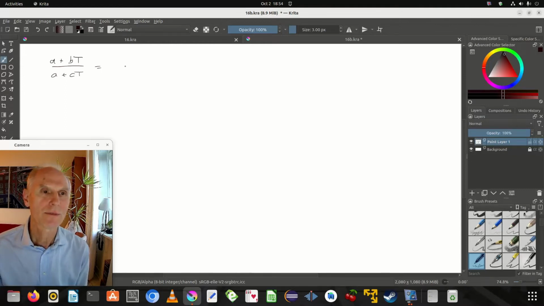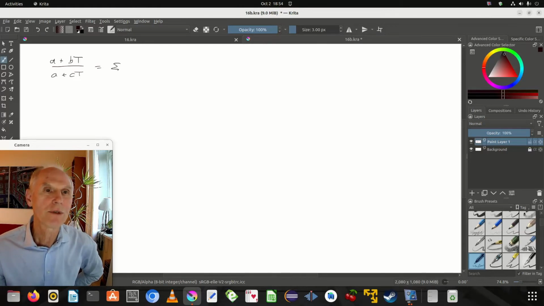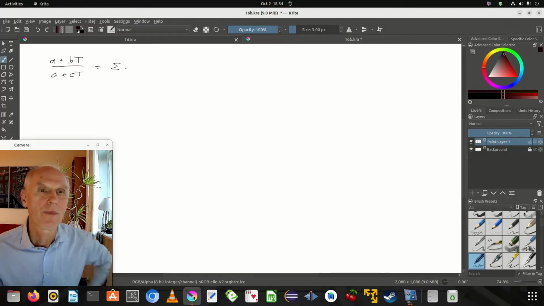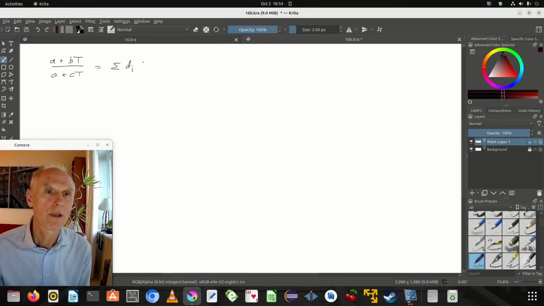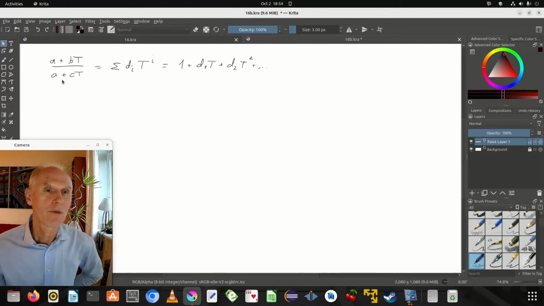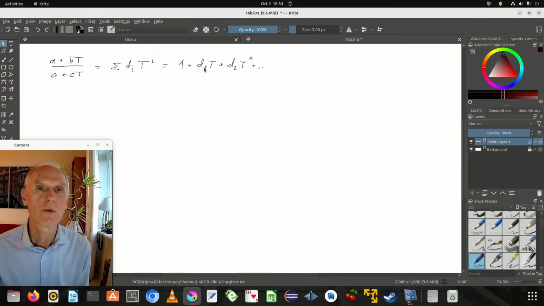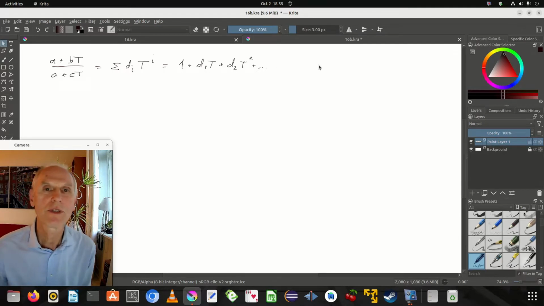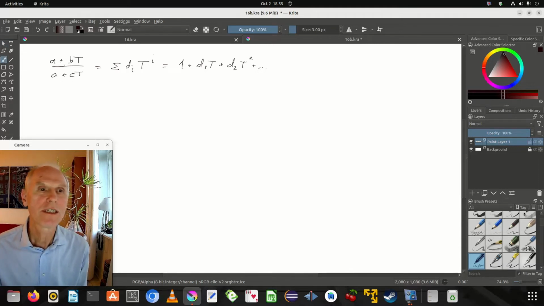And that makes out an infinite series, d_i t to the ith, etc. And of course, this fraction cannot be simplified, meaning that the series will continue indefinitely. So we will continue having values of d distinct from naught. Now if we multiply with a plus ct on the other side,